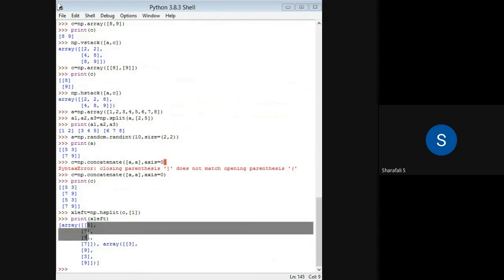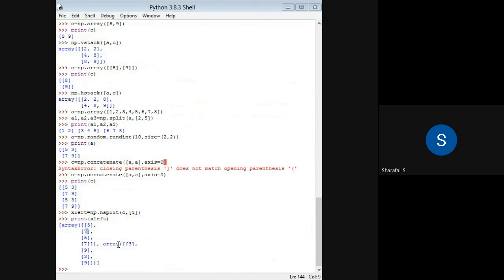So this one you can see 5, 7, 5, 7 is the first array, and this 3, 9, 3, 9 is the second array. So this will split those arrays horizontally, which means that it will split column wise. H split will split the array column wise.